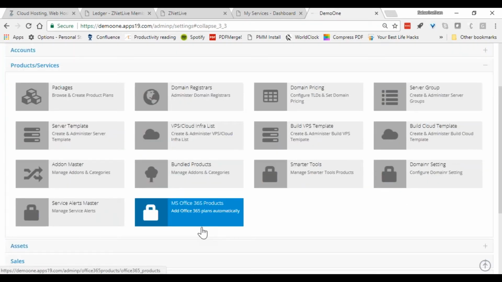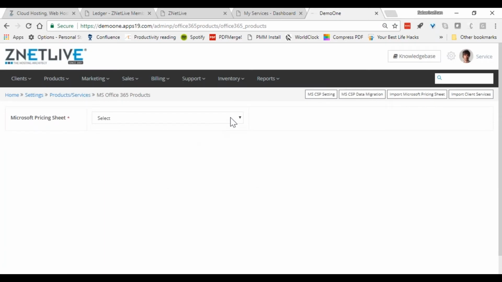And also one very important feature is Microsoft keeps releasing new SKUs every month. How do you stay on top of this? This is the complexity involved, right? RackNap can help you import the pricing sheet directly from Microsoft. Microsoft offers you a CSP portal where it gives you the Excel file containing the price list. You can import that file. It cannot get any easier than that, whereby you import the file, load all the plans here, and then you are able to sell services directly to a customer, right?